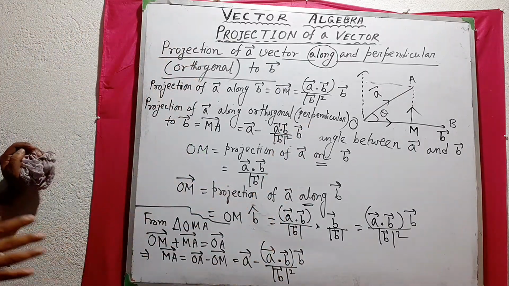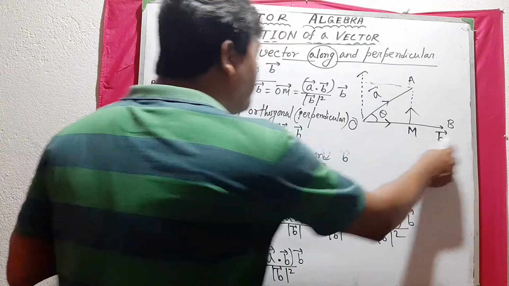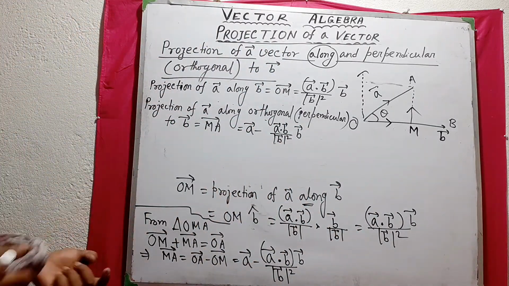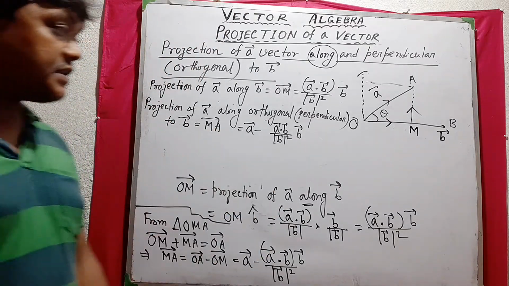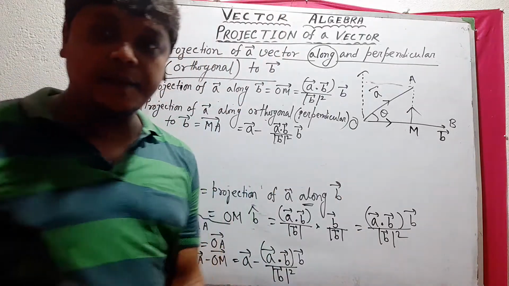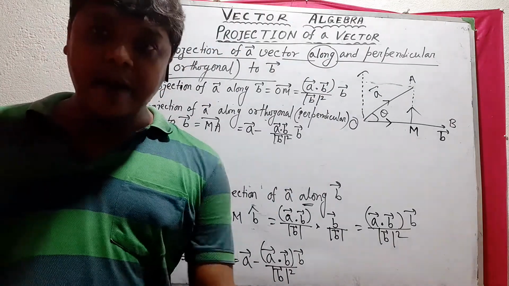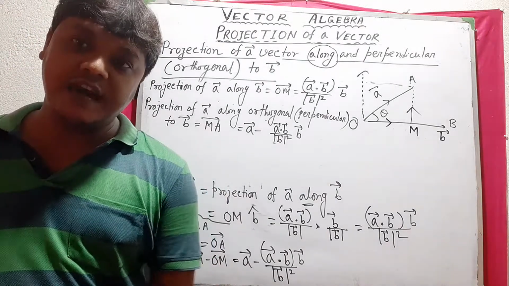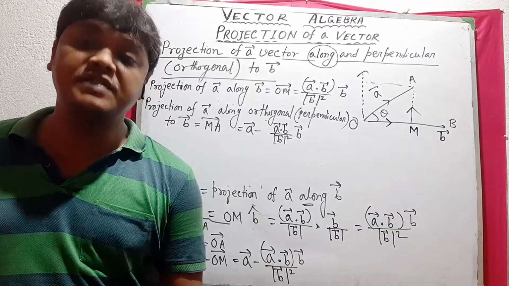মনে রাখবে ভালো করে কিন্তু, তাহলে দুটো জিনিস আলাদা, projection of a on b that is length, আর projection of a along b that is the vector quantity and orthogonal projection. তাহলে b এর একটা ডিরেকশনে তার প্রজেকশন এবং তার পারপেন্ডিকুলার লম্ব বরাবর যে উপাংশ, আমরা যেমন কোনো একটা ফোর্স দেওয়া থাকলে তার অনুভূমিক উপাংশ f cos থিটা, ভার্টিক্যাল মানে পারপেন্ডিকুলার ডিরেকশনে উপাংশ হচ্ছে f sin থিটা।